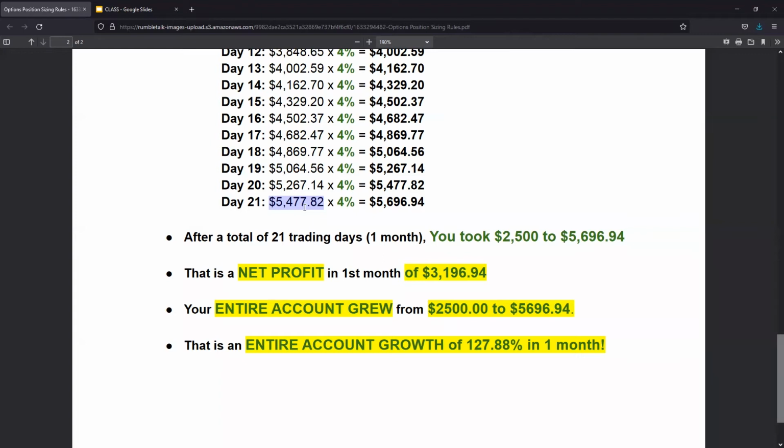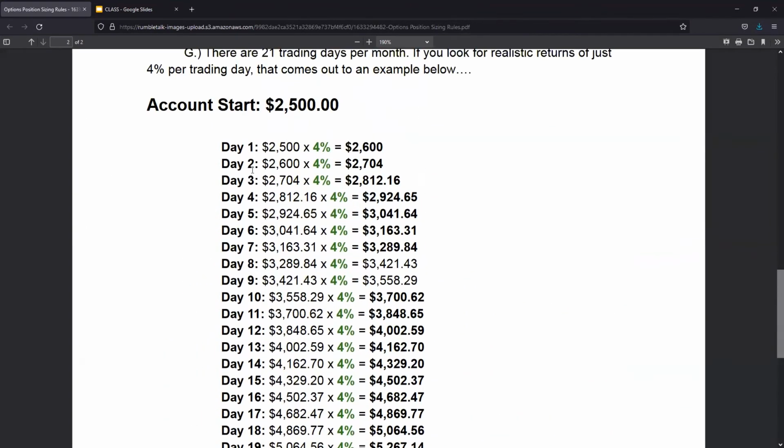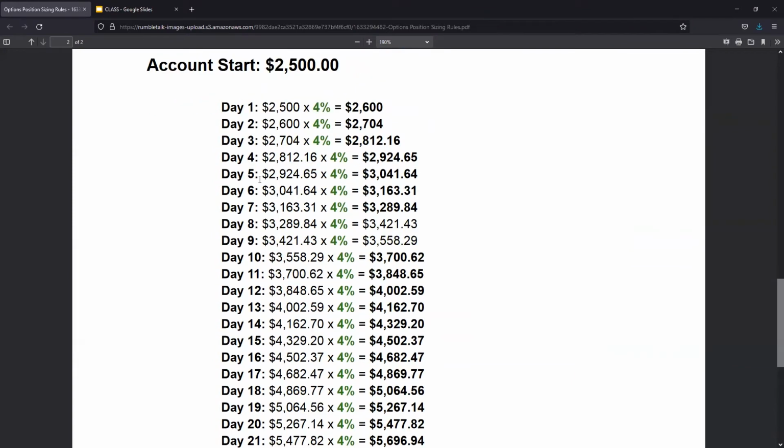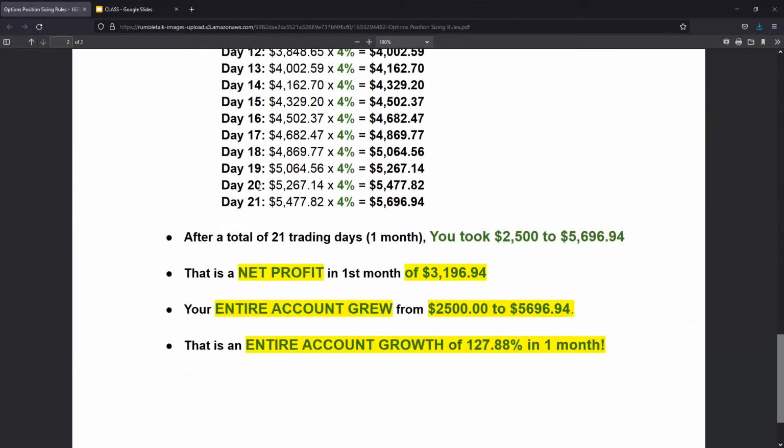So it's really important to see, depending on the account size that you have, you're going from anywhere from 7 to upwards of 12% of your account on a single trade. So it depends on the account size that you have. But how you grow a small account is doing it just like this. There's 21 trading days in a month. In those 21 trading days, you followed that trade plan and followed your rules for growing your account,